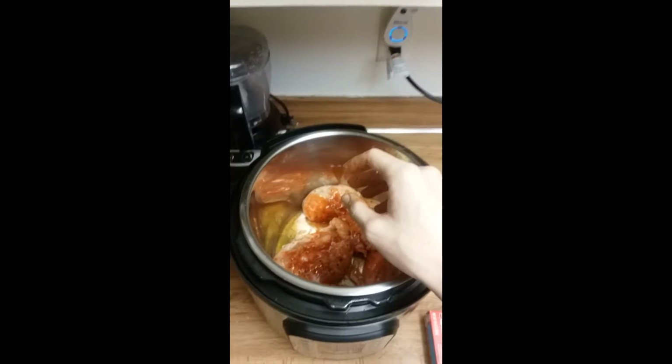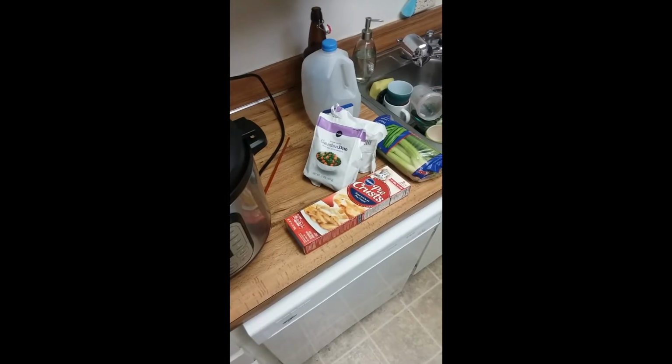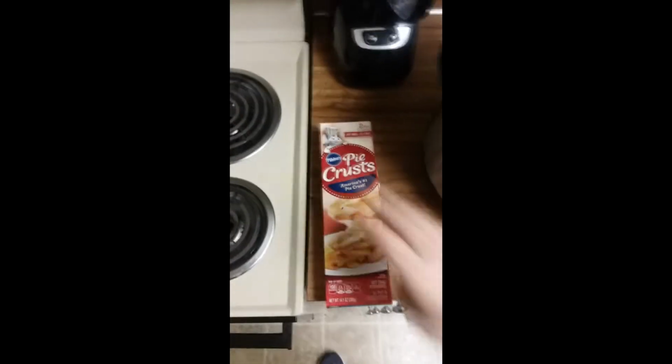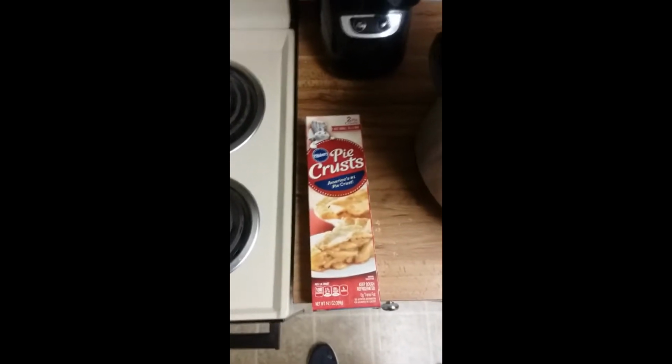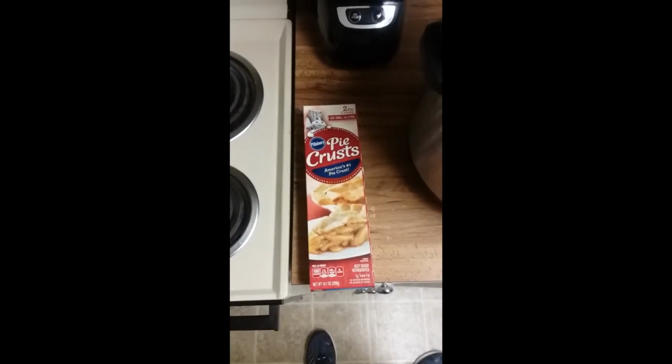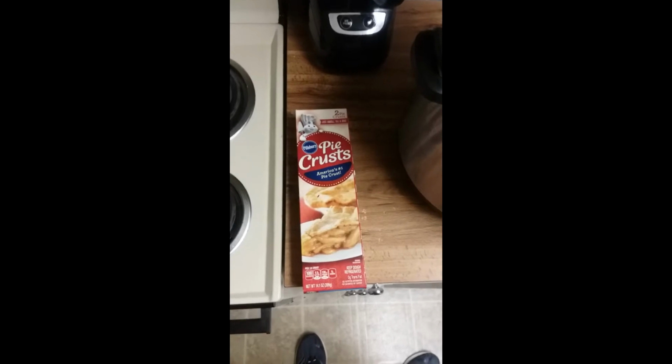Alright, pause. Okay, while the chicken is cooking, this should have been thawing. Make sure you get your pie crust out of the fridge. And I'm gonna level with you. This is my first time making a pot pie, so I'm not 100% on what to do here,